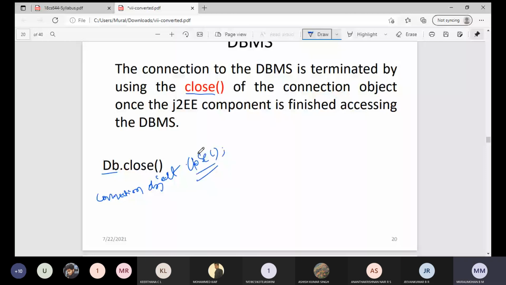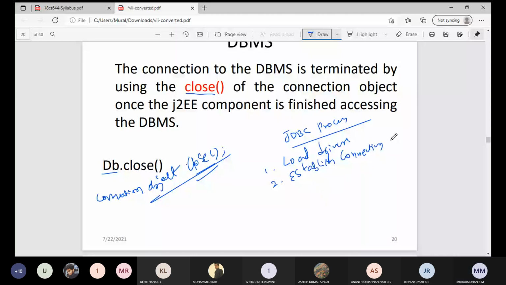These are the 5 steps we should follow. Always remember the JDBC process. First, load drivers. Second, establish a connection to the database. Third, create and execute statements, the SQL statement object.